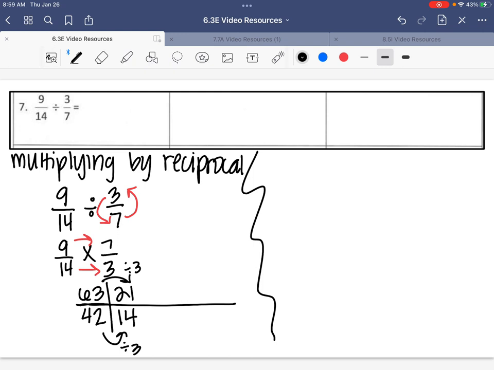And this helps me. Now I see that they're divisible by 7. So 14 divided by 7 gives me 2. And 21 divided by 7 gives me 3. So my simplified answer would be 3/2, which I know